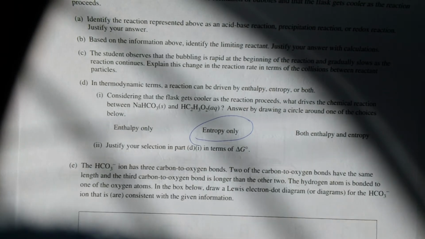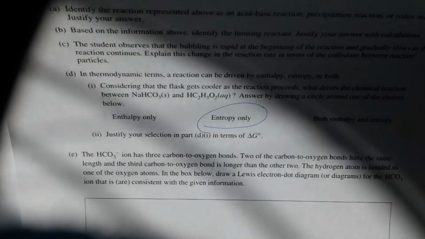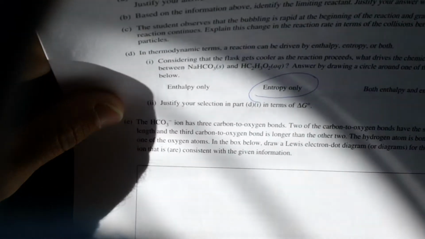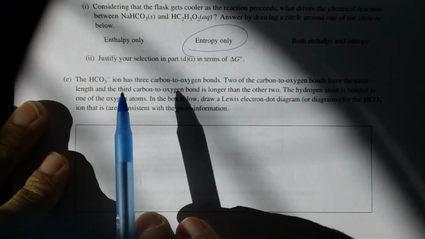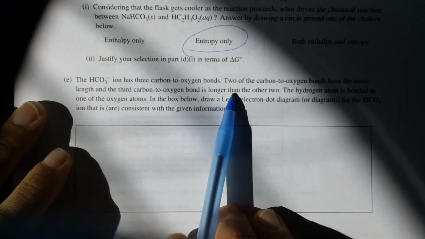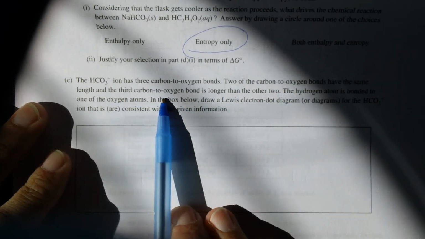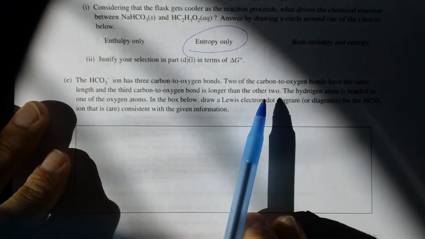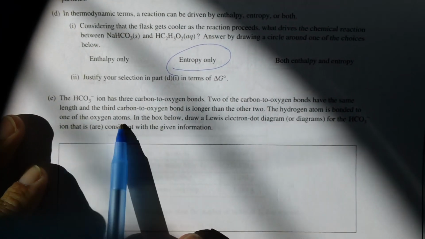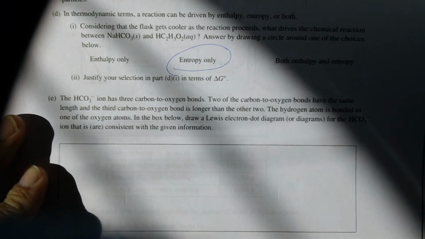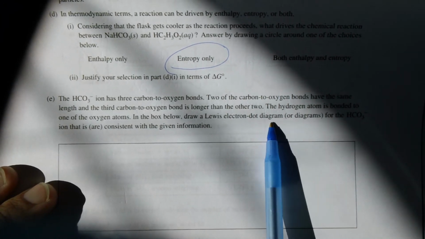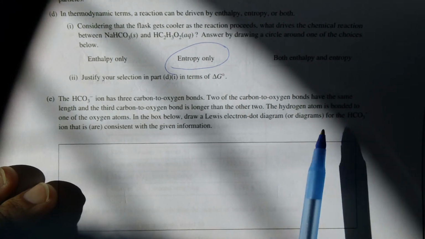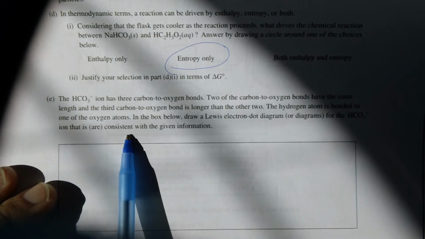Good. Part E gives us like a wicked description of how to draw up this hydrogen carbonate ion. It says the hydrogen carbonate ion has 3 carbon to oxygen bonds. 2 of the carbon to oxygen bonds have the same length. The third has a longer length than the other 2. The hydrogen atom is bonded to one of the oxygen atoms. In the box below, draw a Lewis dot structure for the diagram or diagrams of HCO3 negative that's consistent with